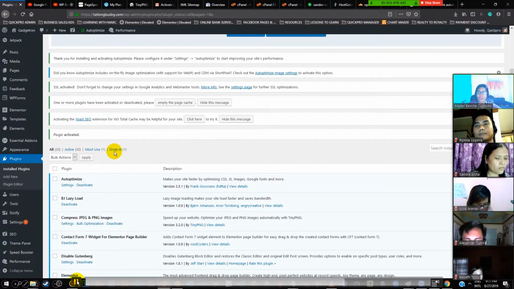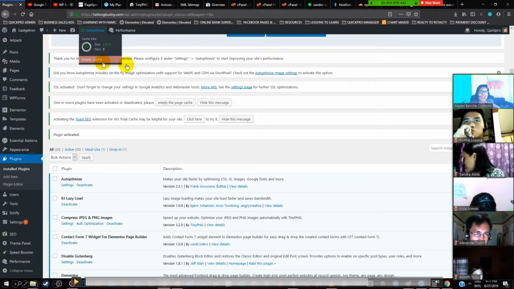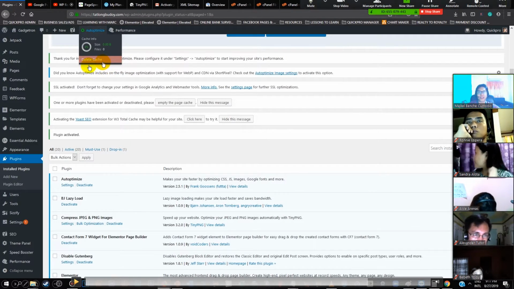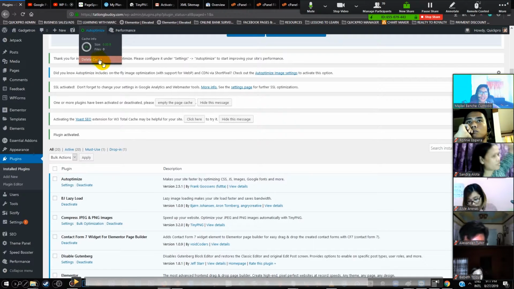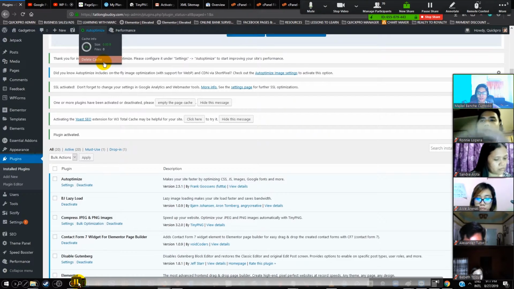Okay, after you activate Auto Optimize, there is going to be this app you're gonna see on top. You see that? It says Auto Optimize. Every 6 hours or every day or every week, make sure you click on delete cache. Delete cache is a manual method of deleting cookies and cache anytime during the day. Do you follow? So that's the function of Auto Optimize.